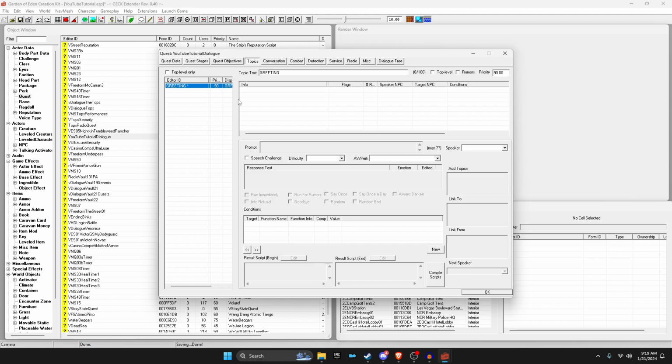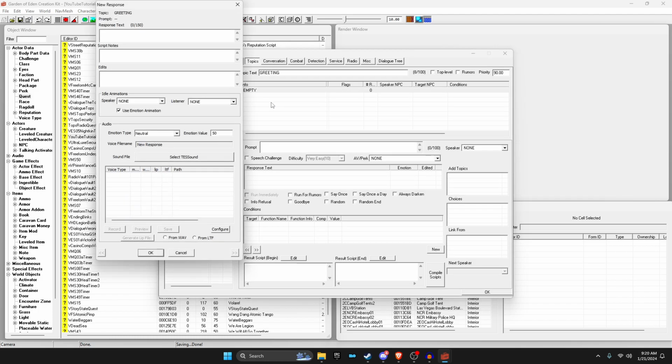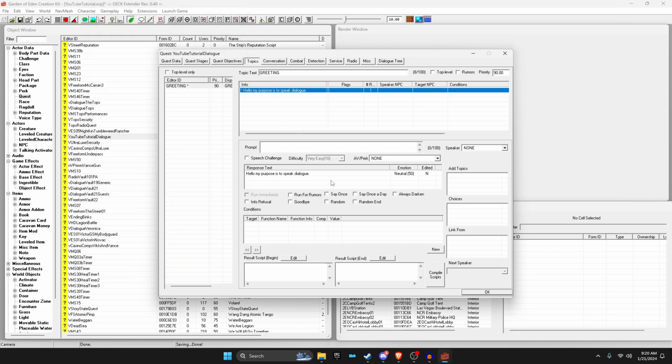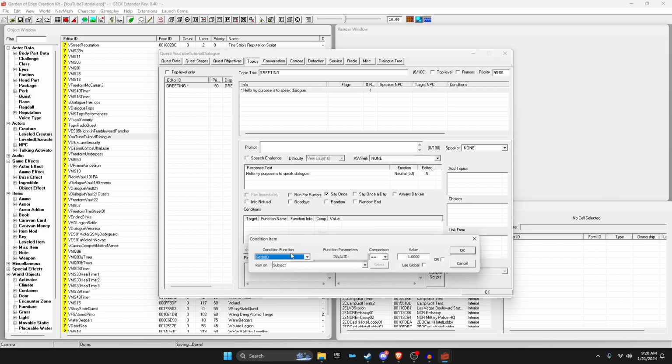So priority is going to be 99 and all that. So what we're going to do is we're going to do a say once greeting, so an introduce greeting. So hello, my name, my purpose is to speak dialogue. And then we're going to click the say once thing right here. So that means it only says it once. If you don't want to do that, that's okay. You don't have to. And then you want to click new, and then